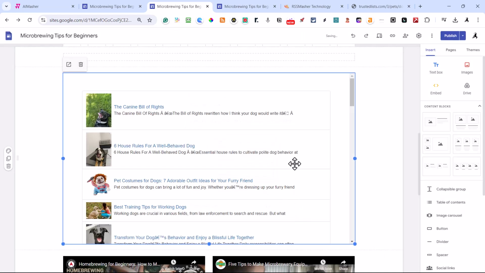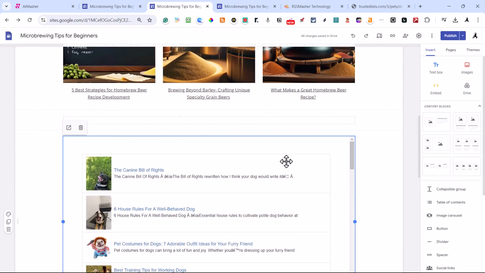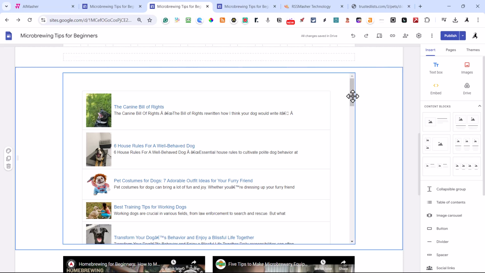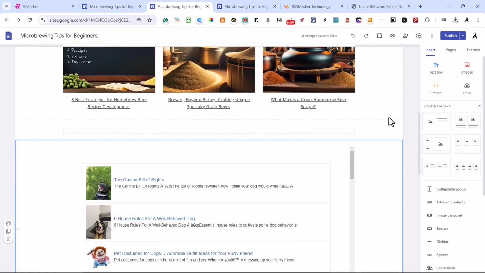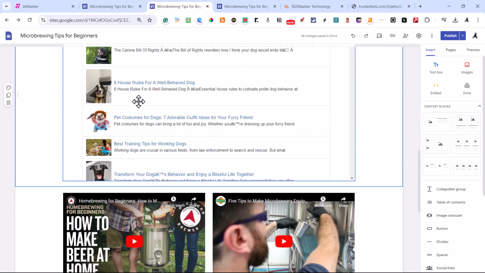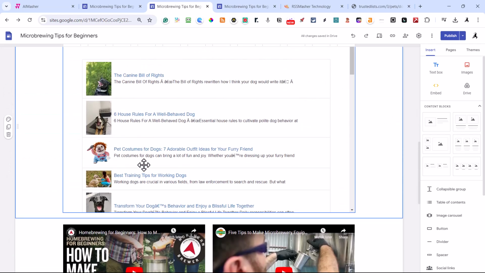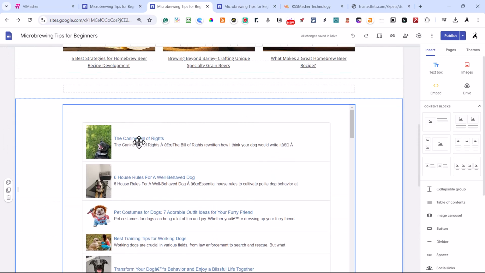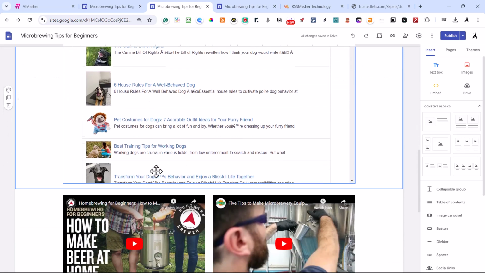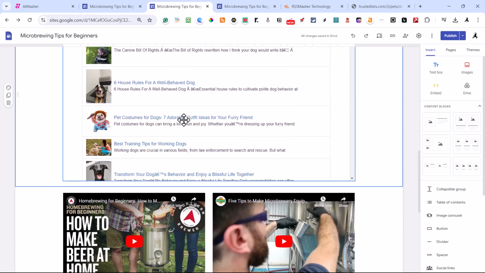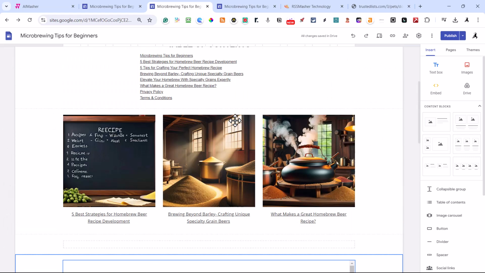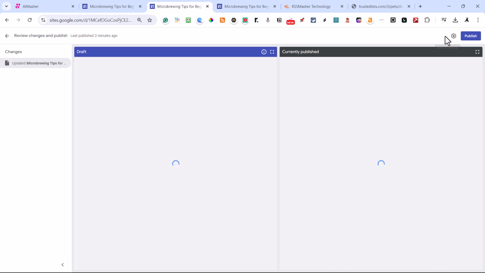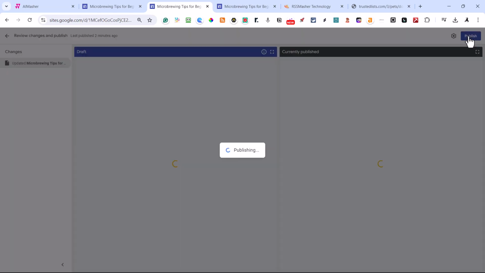Click insert. Okay. Now this puts in an iframe for you, and it carries all the link juice with it. So you notice these are all, I know it doesn't relate to microbrewery, but you've got now high authority links in with your static links. Very, very good link building right there. You hit publish. Publish one more time.